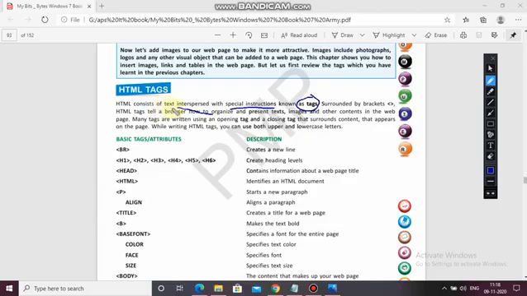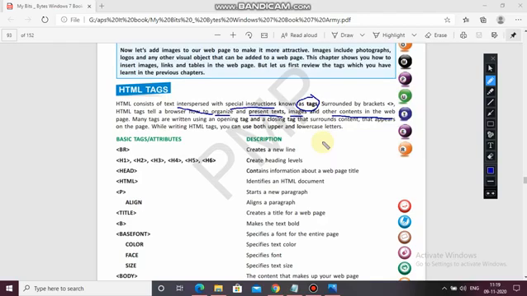The tags are fitted between the text, whatever the text is written. Surrounded by brackets, HTML tags tell a browser how to organize and present text, images and other contents in the web page. Means these tags tell the browser to organize and present text, images and contents in a well-organized way.